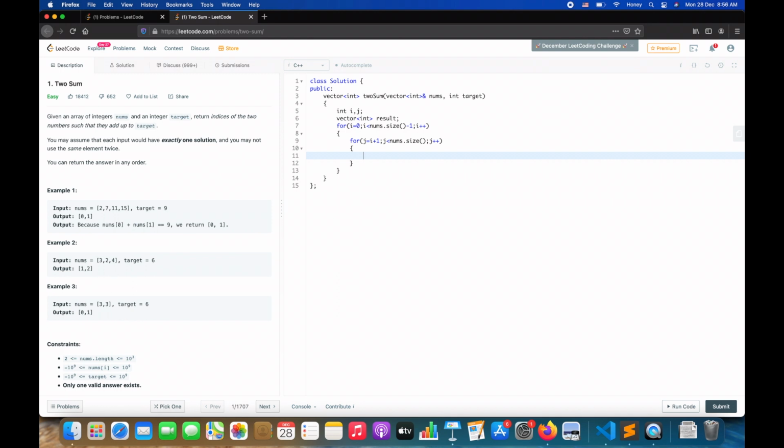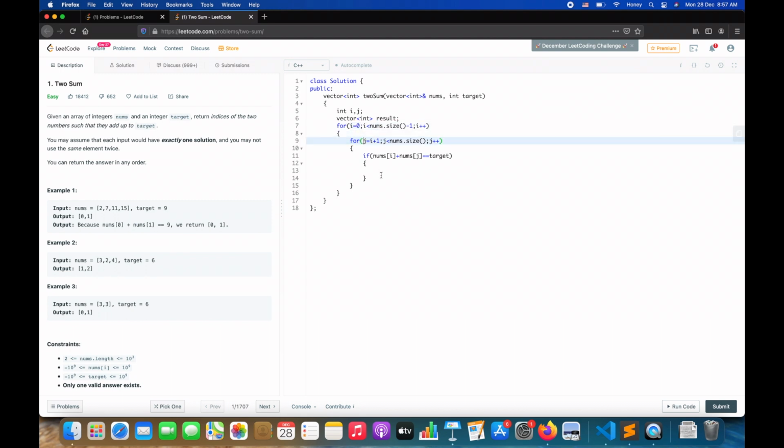Now what we have to check is if nums[i] plus nums[j] is equal to the target. What will we do if these numbers are equal to target? These are the elements of the array, but what we want is the index. The index will be i or j.